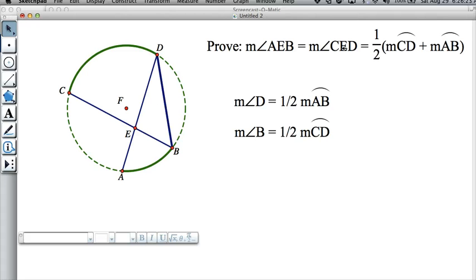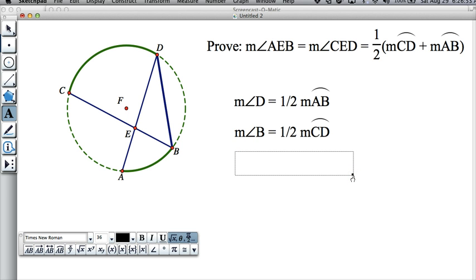And as a hint, I might say, I noticed that when we drew segment DB, we also created a triangle. And I know in the last lesson we did some stuff with the triangle exterior angle theorem, and see if that's helpful. So again, after giving them some time to think about it and pair share and possibly have some people share out, we discuss how, for example, the triangle exterior angle theorem could be used to say measure of